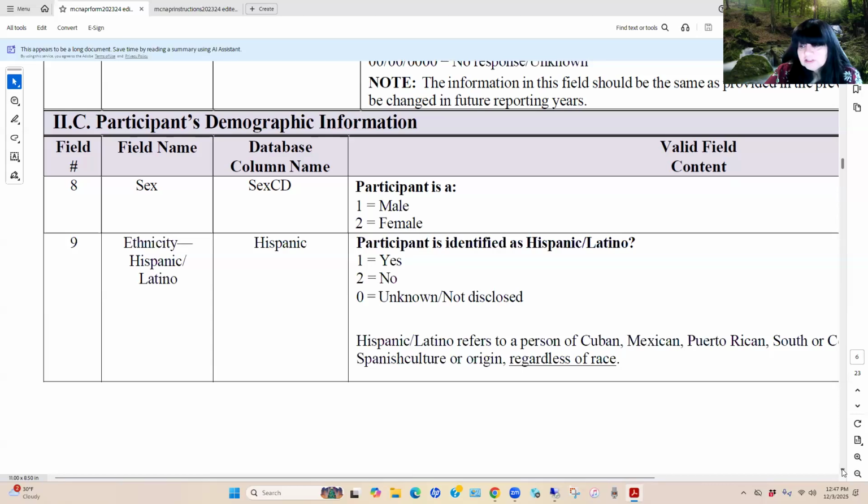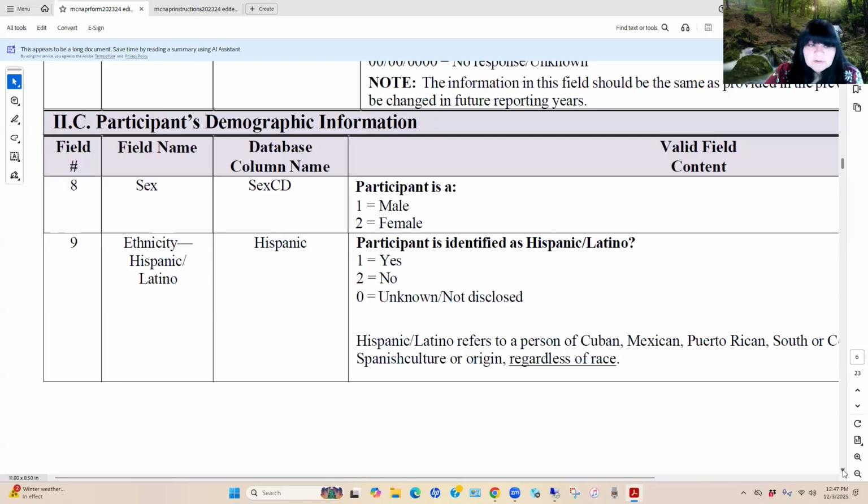And then the next few fields of data allow us to respond to the student's ethnicity and their race. Field number 9 is asking us whether the participant, with respect to ethnicity, is identified as a Hispanic or Latino student. You will need to respond using the options 1, 2, or 0.